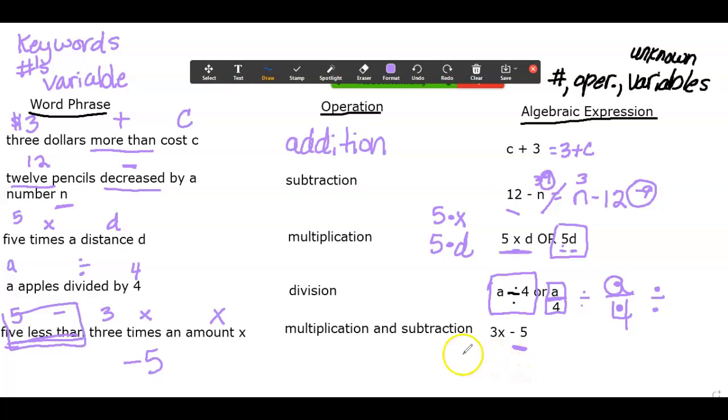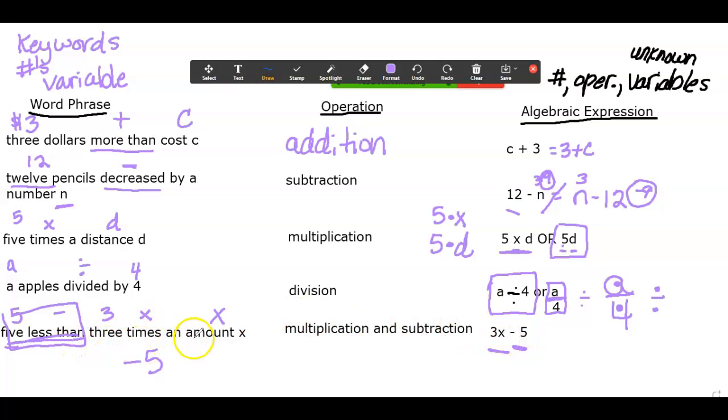all year. And then 3 times an amount. Well, that's 3 times x. So they're writing it this way, 3x. What they're saying is, I don't know what the x is. I don't know what that amount is. But that amount times 3 and then take away 5 is what I need for this word